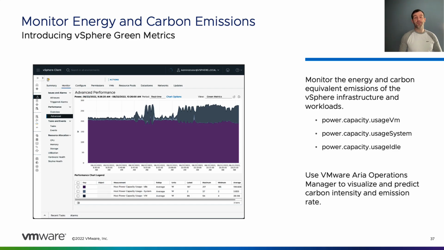We're also introducing vSphere Green metrics. These are 3 new metrics that will monitor the energy and carbon equivalent emissions of the vSphere infrastructure and workloads. And you'll be able to take these metrics, combine them with your own data on your energy consumption from your energy provider, and be able to illustrate the carbon emission equivalent of the infrastructure at both the host level and